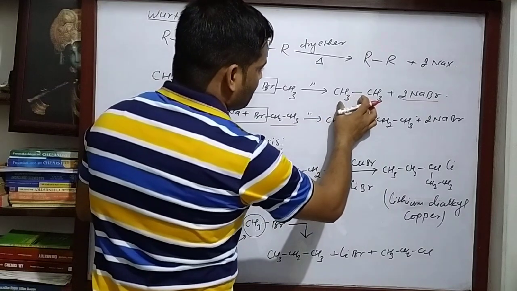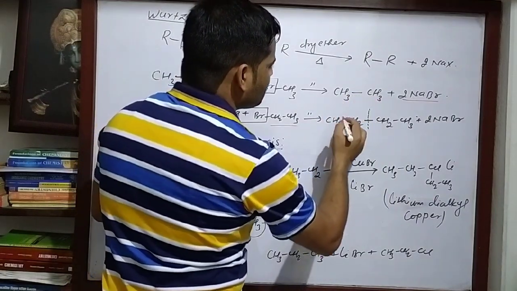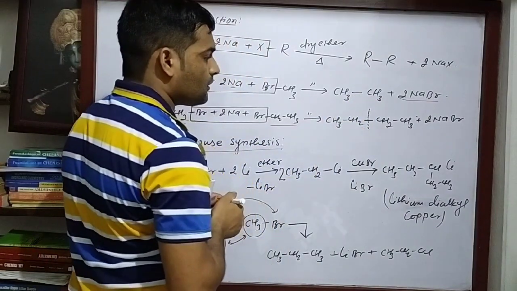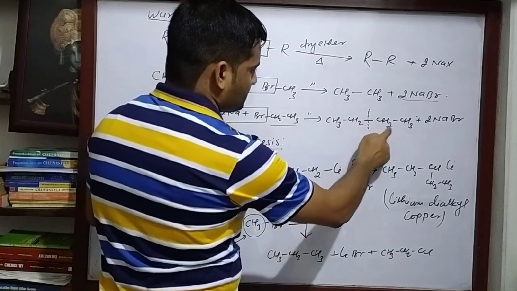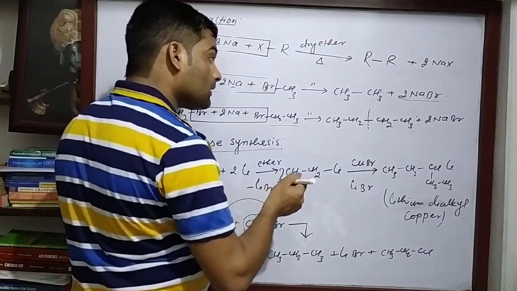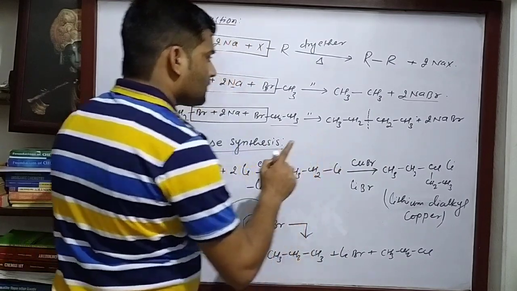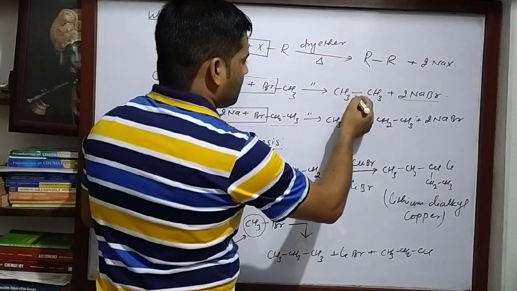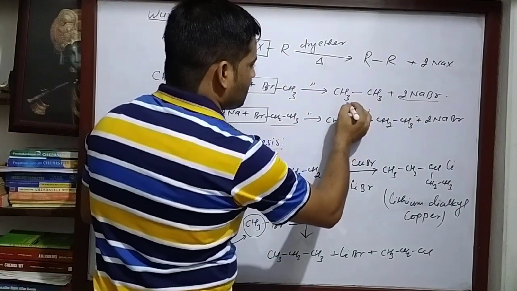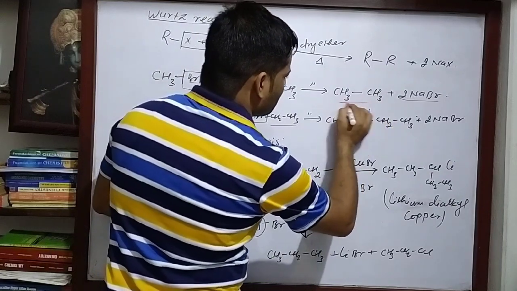This octane alkane contains an even number of carbons, not an odd number of carbons. Here 2 carbons, even number, here 1, 2, 3, 4 carbons, even number, and always alkanes containing an even number of carbons are obtained. And here symmetrical alkanes are obtained,